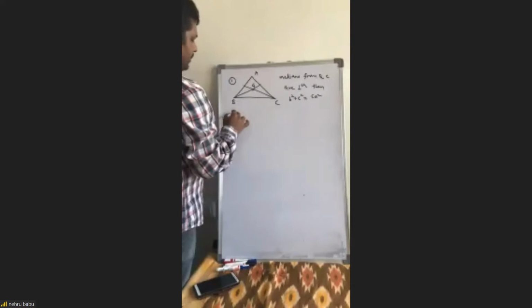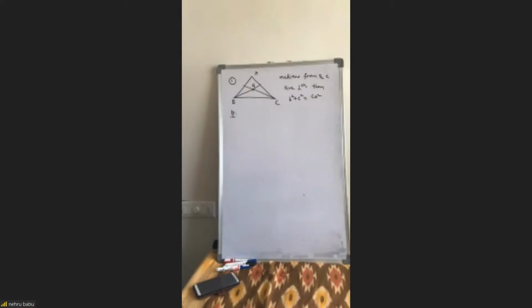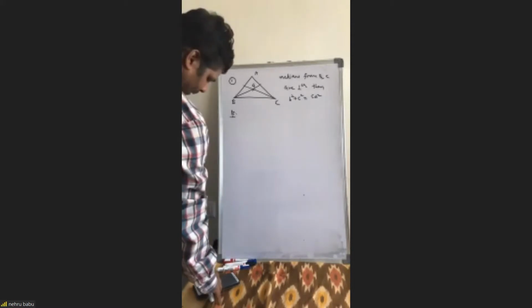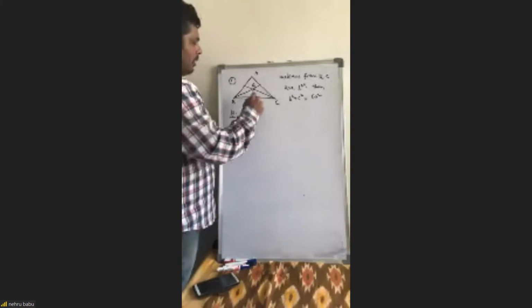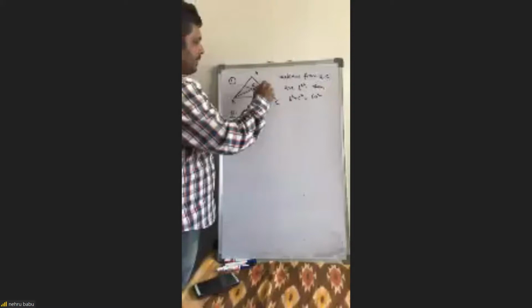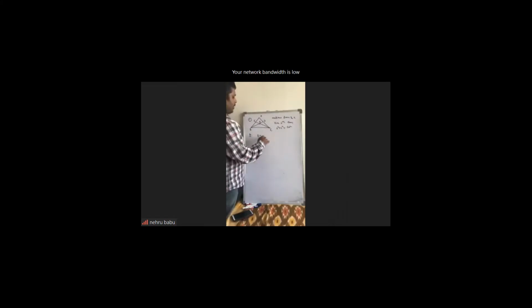What is the proof of this result? Apollonius theorem. We can find the length of BG, and using Pythagoras on BG and GC, we know BG length and we know GC length. What is BD length? For example, if BD and CE are medians, BD is root of (2A square plus 2C square minus B square) by 2.